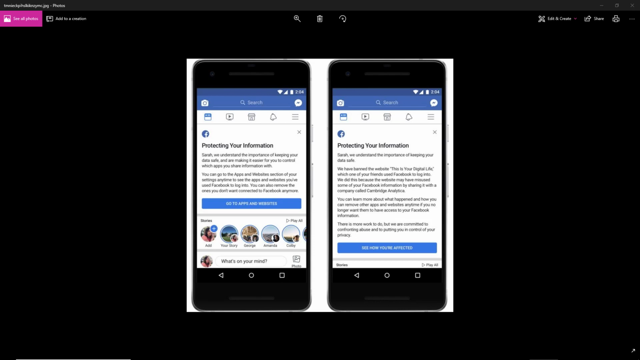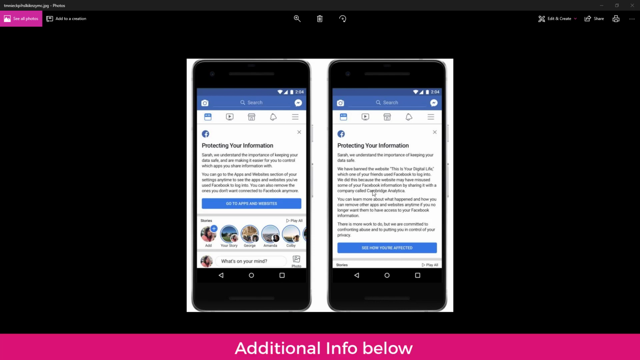So I know you really want to figure out how to find out if your Facebook data was stolen by Cambridge Analytica. And good news, Facebook is going to be releasing something starting April 9th, and you should start seeing a pop-up at the top of your profile when you log in that tells you either that you were affected, and it'll give you some information, that's the one on the right, or if you weren't affected, you'll be prompted to go to your apps and websites so you can update your settings and see how you're connected to the